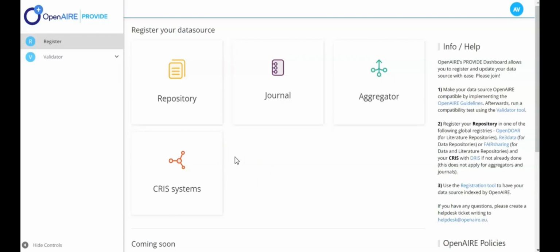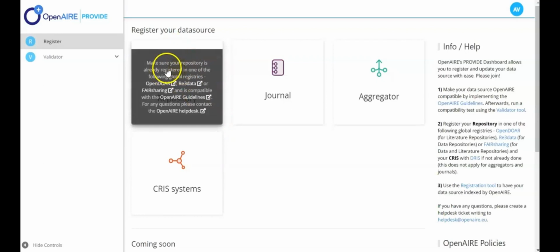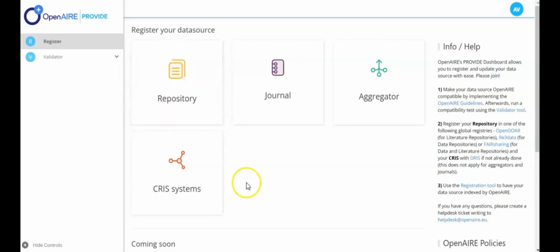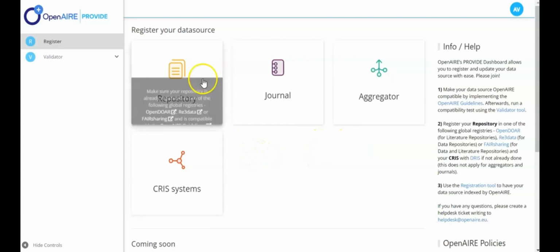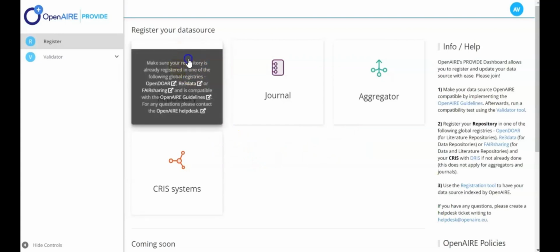If we want to register a repository, we just need to select repository. I would like also to point out the guidance information that you can find on the right side of the page. So now I will register a repository, selecting the option,